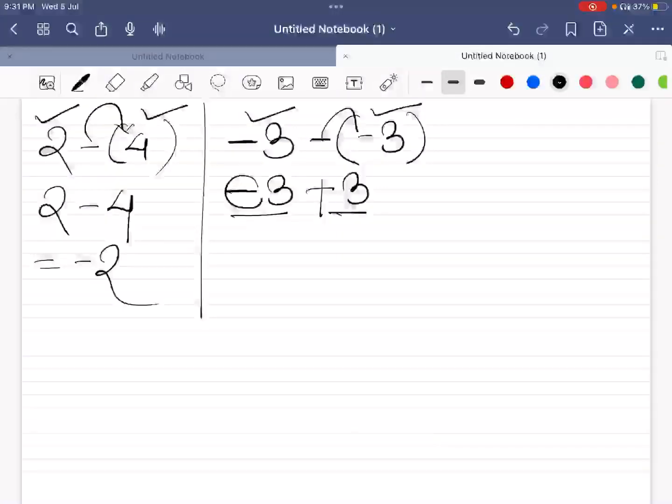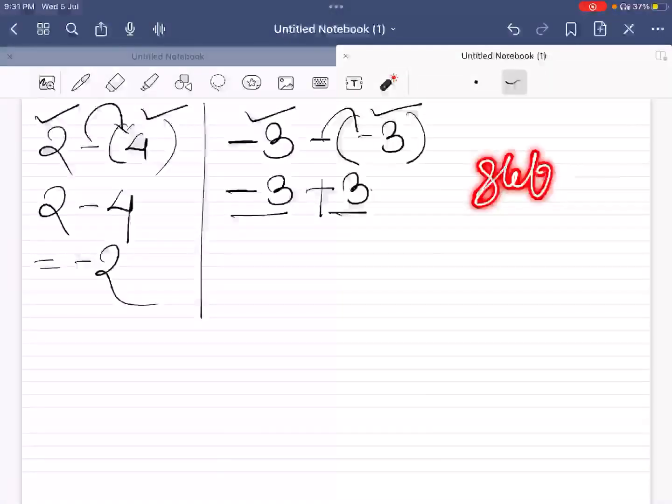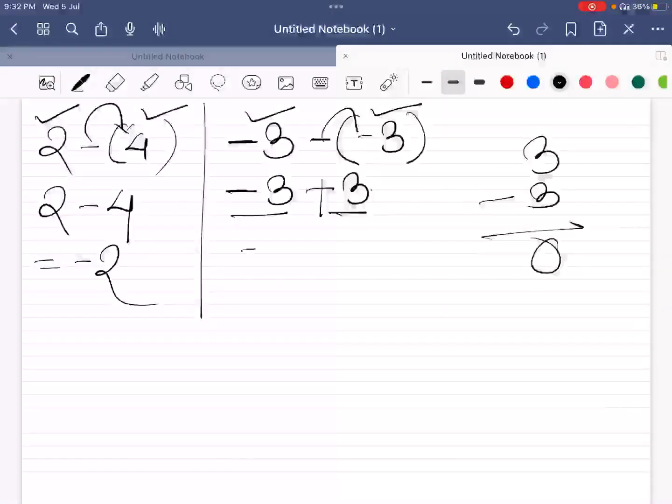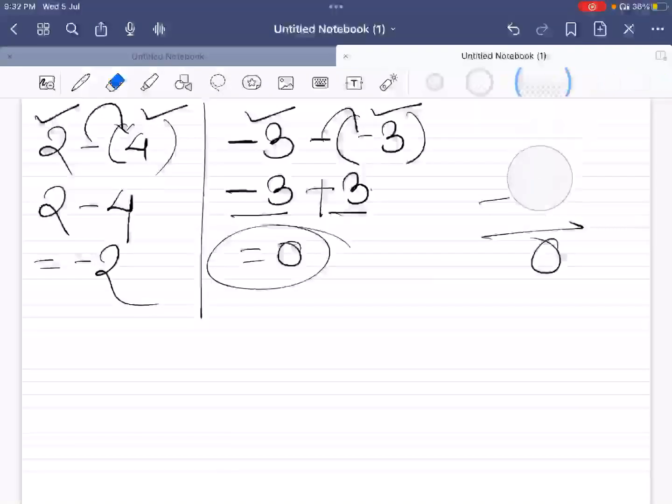So signs are different. So here is a plus sign, and here, sorry, this is a positive number, this is a negative number. If the signs are different, then we know that we have to subtract these numbers, and we have to put the sign of the bigger one. But in this case, 3 minus 3 is 0. So your answer is 0. Clear? Next,